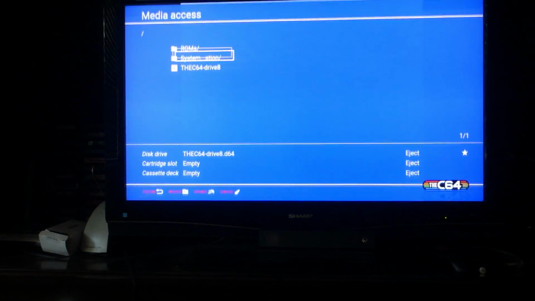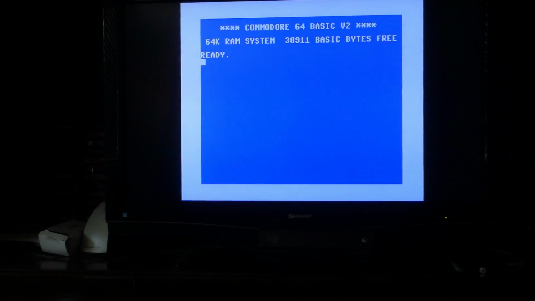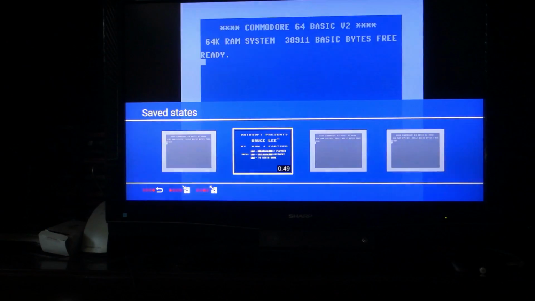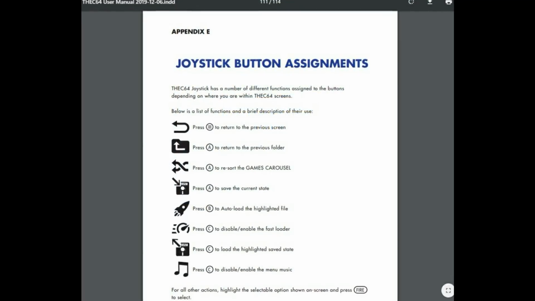Any game can be exited by pressing the bottom right button on the included controller. This launches a menu system that, in addition to exiting the game, you can also launch the virtual keyboard or load/save state menu. Take a look at the joystick and at Appendix E, page 101 of the manual to observe